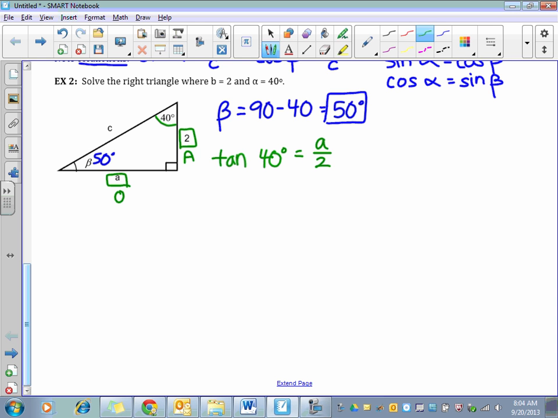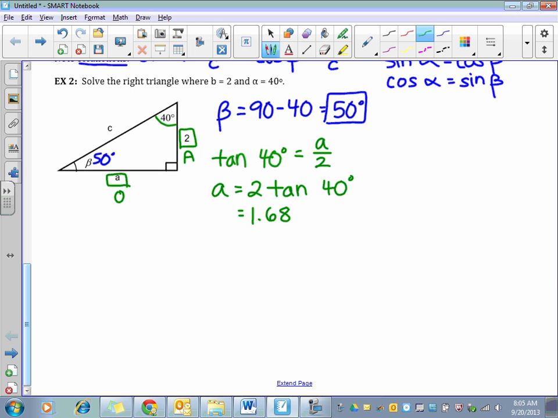And if we want to solve for A now, we're going to have to multiply both sides by 2. So let's go ahead and multiply both sides by 2, and we get that A needs to equal 2 times tangent of 40 degrees. At this point, we can go ahead and substitute this into our calculator. Remember that you want to make sure your calculator is in degree mode. If you forgot how to do that, you're going to click on mode and then press highlight degree. And then we're going to type in 2 times tangent of 40. And we get